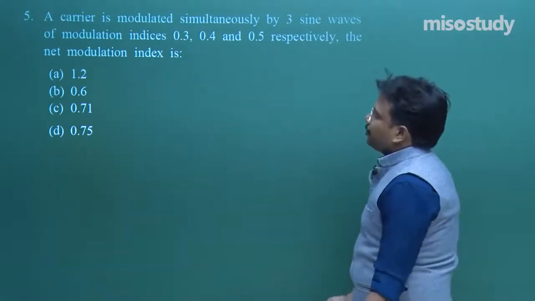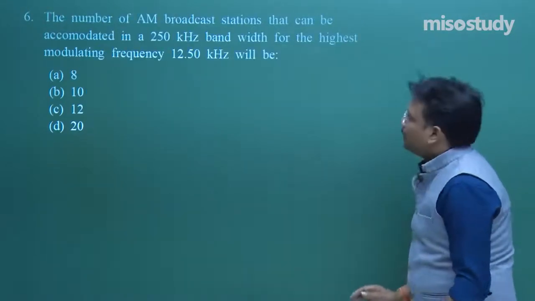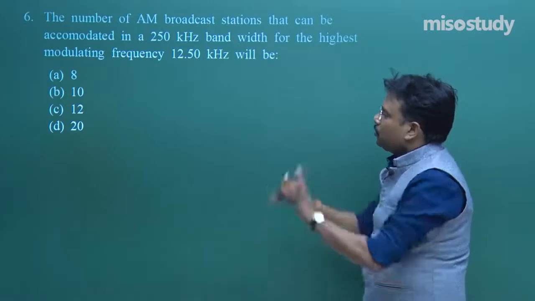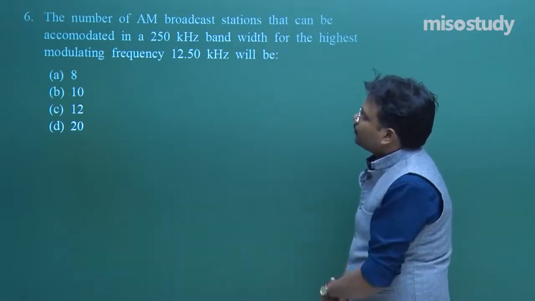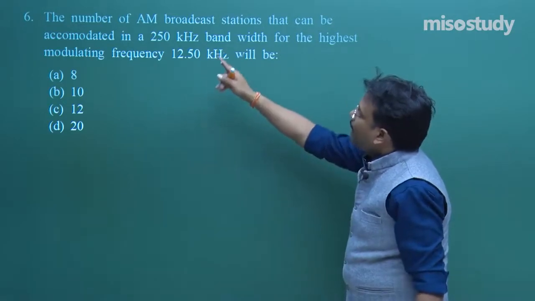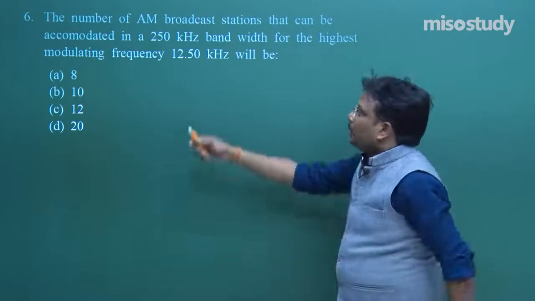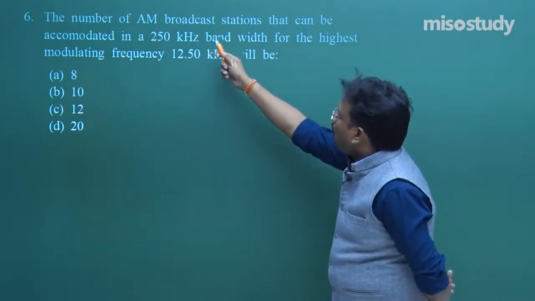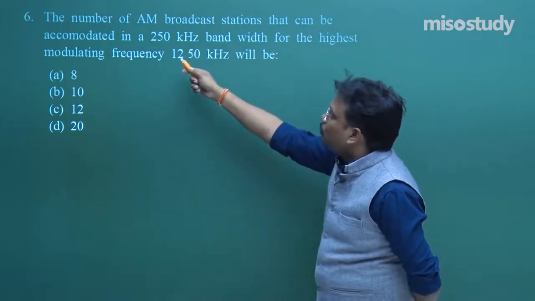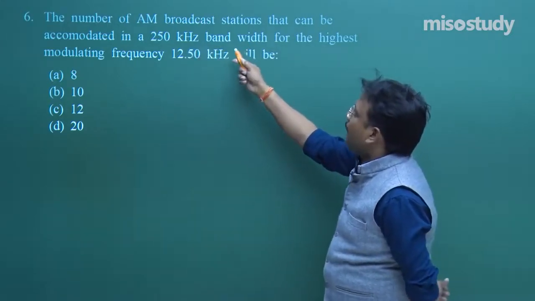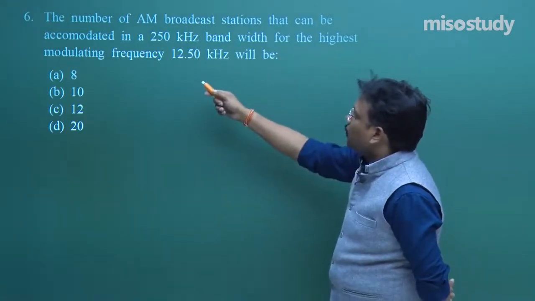Now this is question number 6. First I will explain this long problem to you. I do not want to come in between your question and you, that is why I am making a distance. The number of AM, amplitude modulated, broadcast stations that can be accommodated in a 250 kilohertz bandwidth for the highest modulating frequency